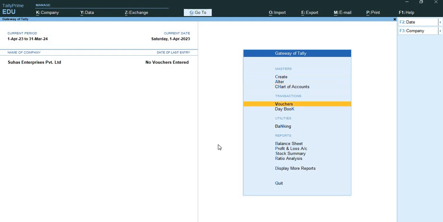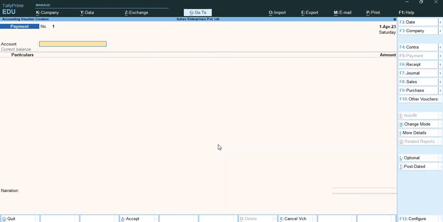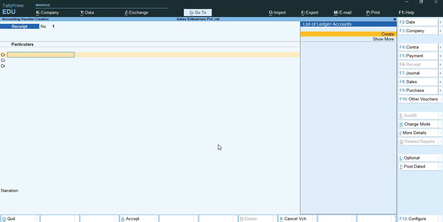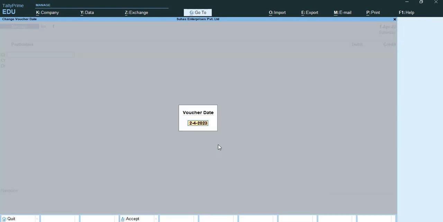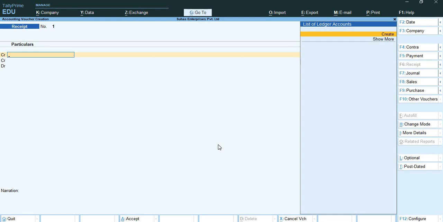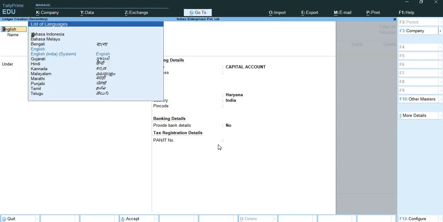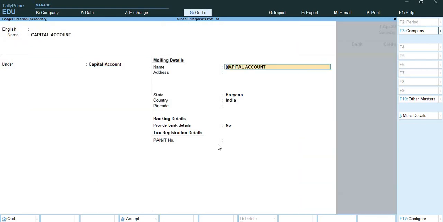So for this, I'm going to open my vouchers. Here I'm going to enable F6 receipt voucher. I'll press Ctrl plus H, which will open my double entry mode. Here what I'm gonna do is, first of all, I'll change the date to 1st April. Here I need to create a ledger of capital account, under capital account group,